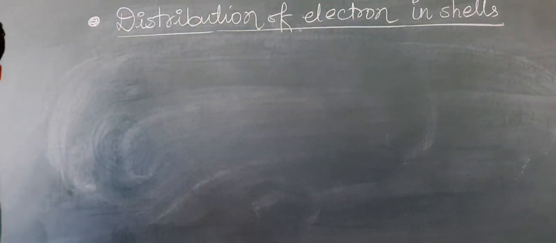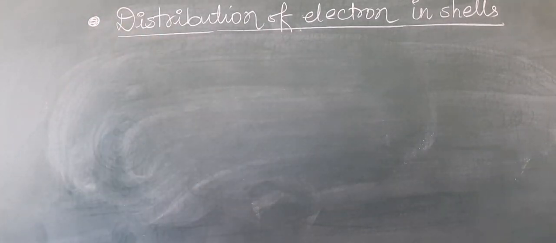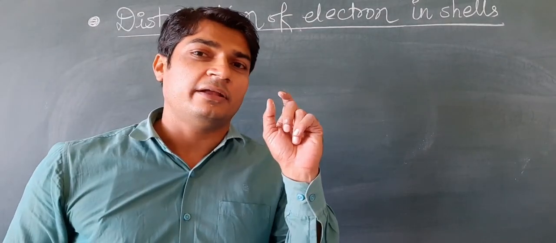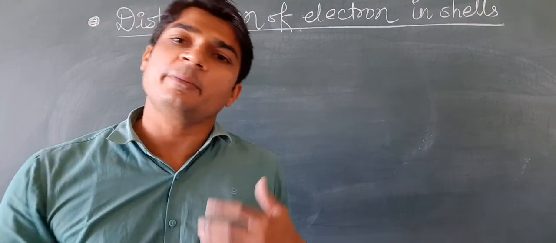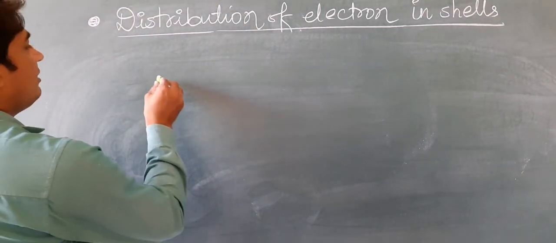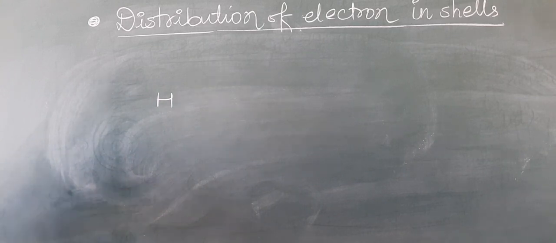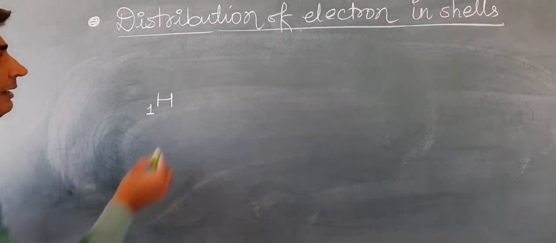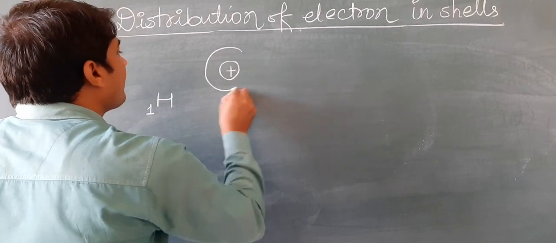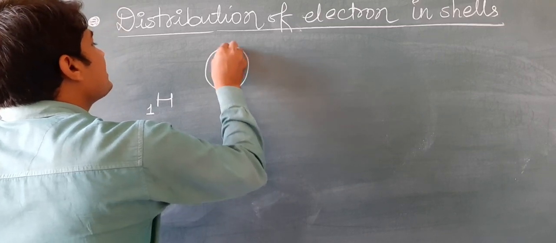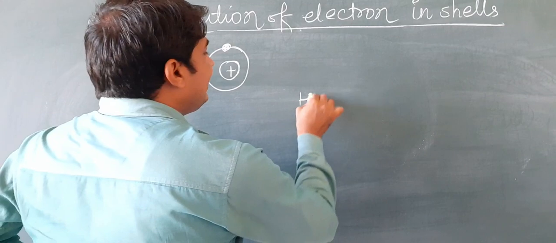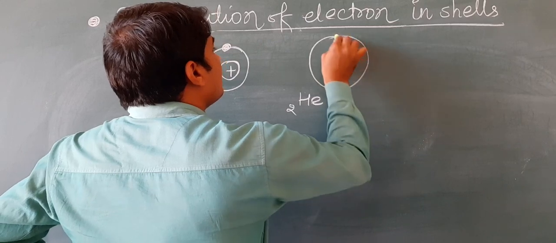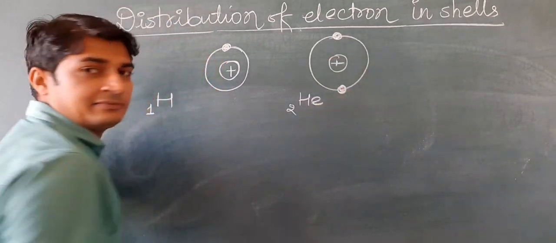Let us see according to these postulates, or we can say these points, Bohr-Bury scheme, how can we fill the electrons in the elements. We are taking the elements up to atomic number 20, okay, or atomic number 18. So first one, hydrogen is the first element. How many electrons are there? Atomic number 1. So electrons are also 1 only. We can fill it like this one. Only one cell, and it is possessing 1 electron. Helium, atomic number 2. So there would be 2 electrons. 2 electrons would be filled in the first cell.